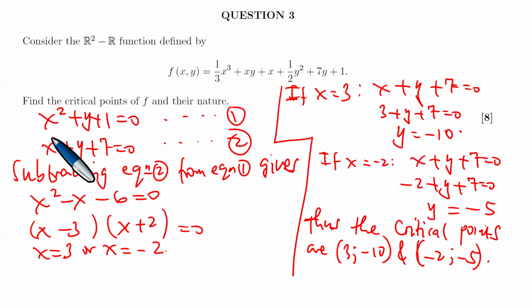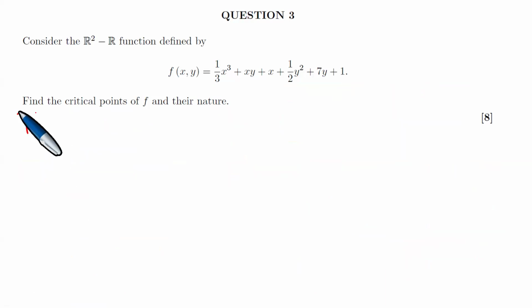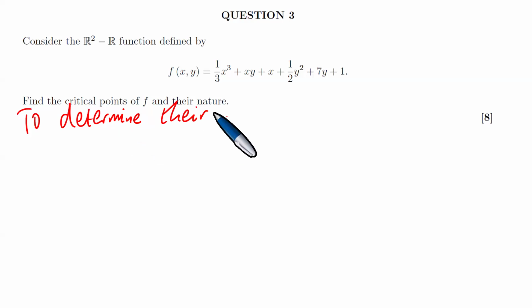What do we want? Remember, we found the critical points, but now find the critical points of f and their nature. So now we found the critical points. There are two of them, but we must now describe their nature in terms of saddle points or minimum and maximum points, etc. Okay, now let's continue to investigate the nature of these two points. So now, to determine their nature,